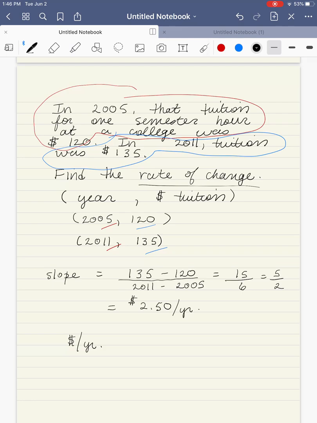So on average, the cost of tuition increased, because it's a positive number, by an average of $2.50 each year. In our next video, we're going to look at writing equations of lines using slopes